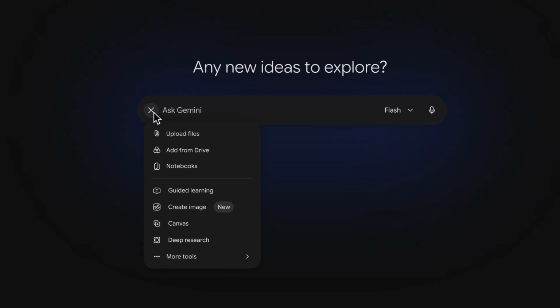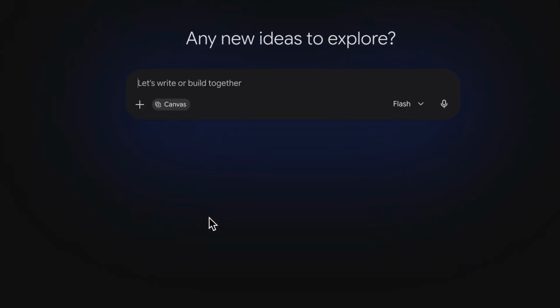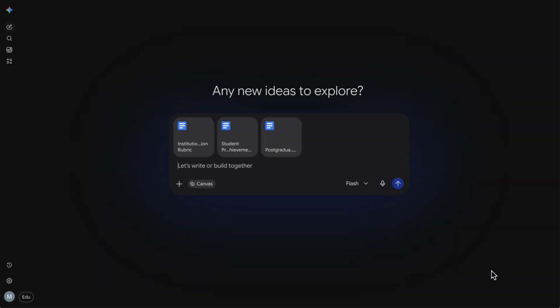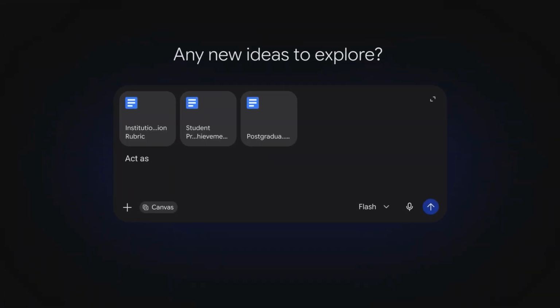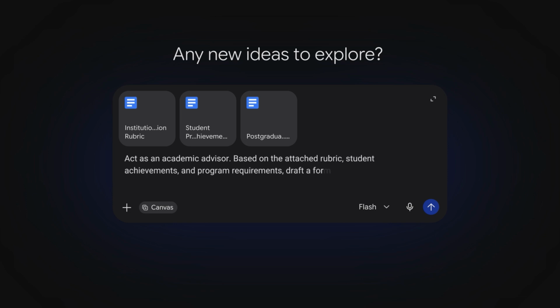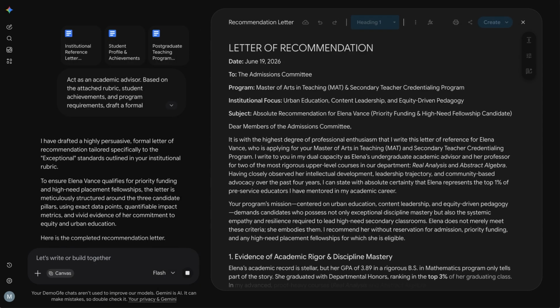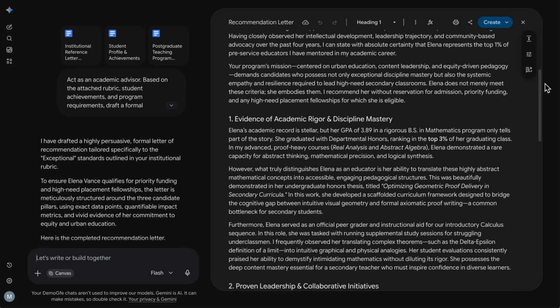teaching program. In Gemini, select Canvas and either upload or add from Drive the files needed to help write the reference. Then enter this prompt. Act as an academic advisor. Based on the attached rubric, student achievements, and program requirements, draft a formal recommendation letter highlighting evidence of leadership and academic rigor. Gemini instantly opens a side-by-side Canvas workspace, automatically generating a beautifully formatted draft that you can edit and